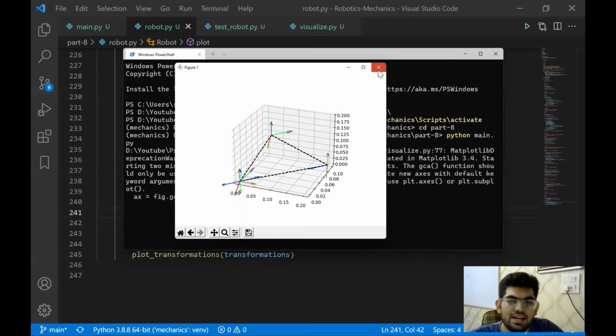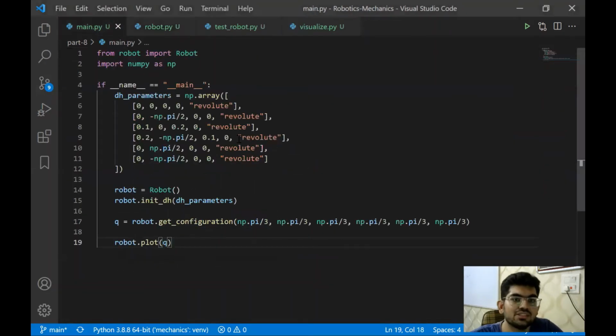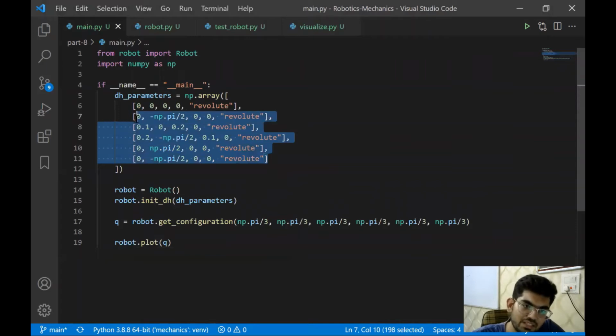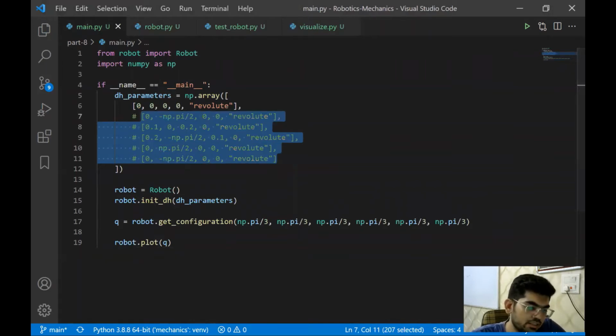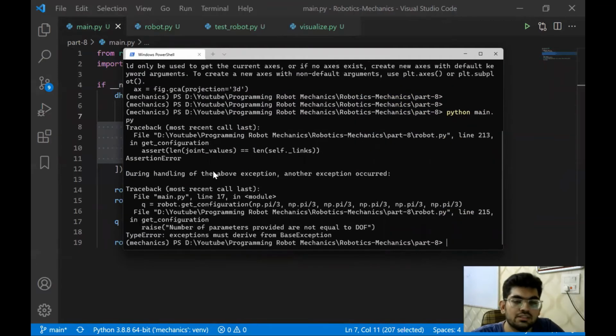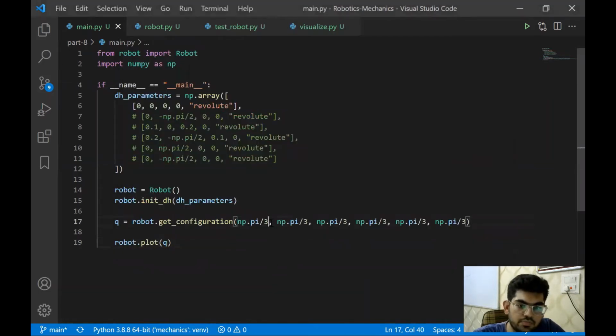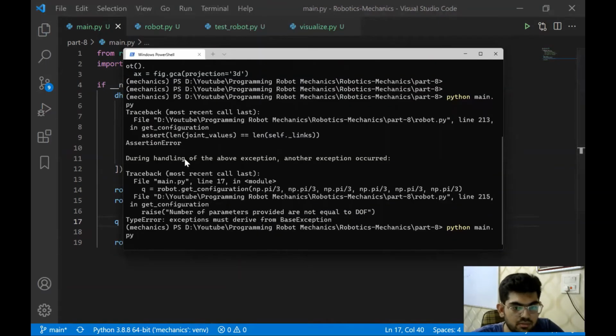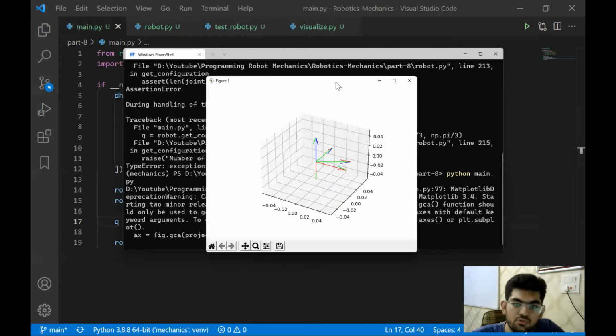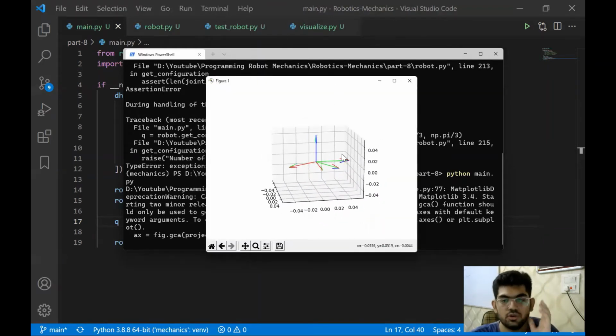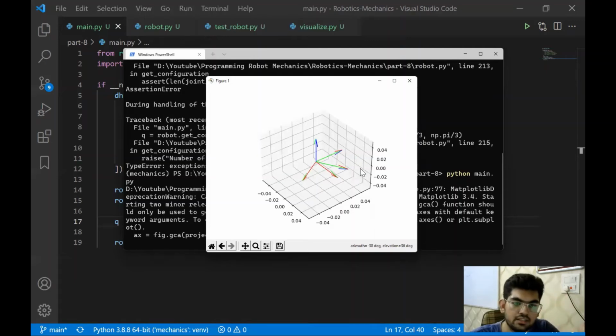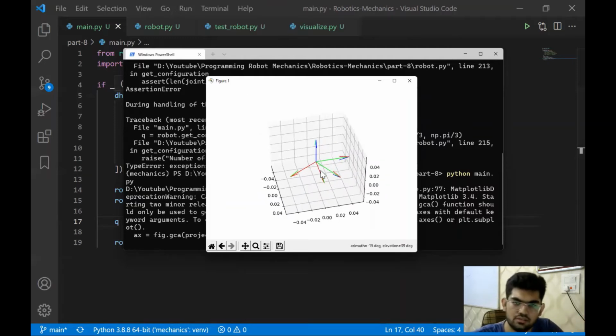So we will be adding the DH parameters one by one. That will help us to see what the whole thing is doing. Right. We are going to comment this, and now we are going to run this again. Now we have a, what is this? Assert length of joint values. Okay, we need to pass only a single one in this case. I think maybe, yeah. All right, now we have a center frame that is looking okay, and then we have another frame that is rotated by 60°, right?